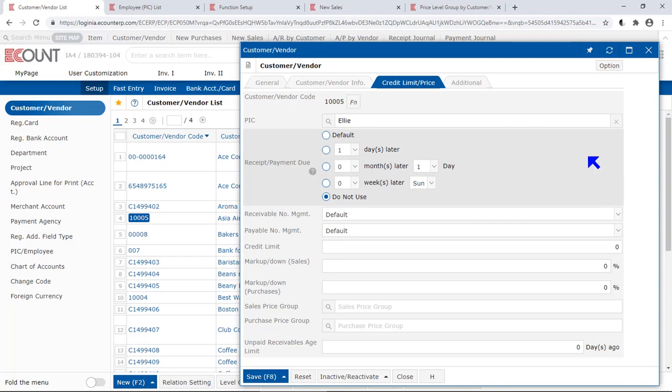In this video, we're going to look over the credit limit and price tab. So firstly, you can see the PIC field. PIC is short for person in charge, and you can use this field to view receivables and payables by each person in charge. You need to register your own employees as PIC codes and not the contact persons of your customers and vendors. So for instance, if you have salespeople in your company, and if they are each in charge